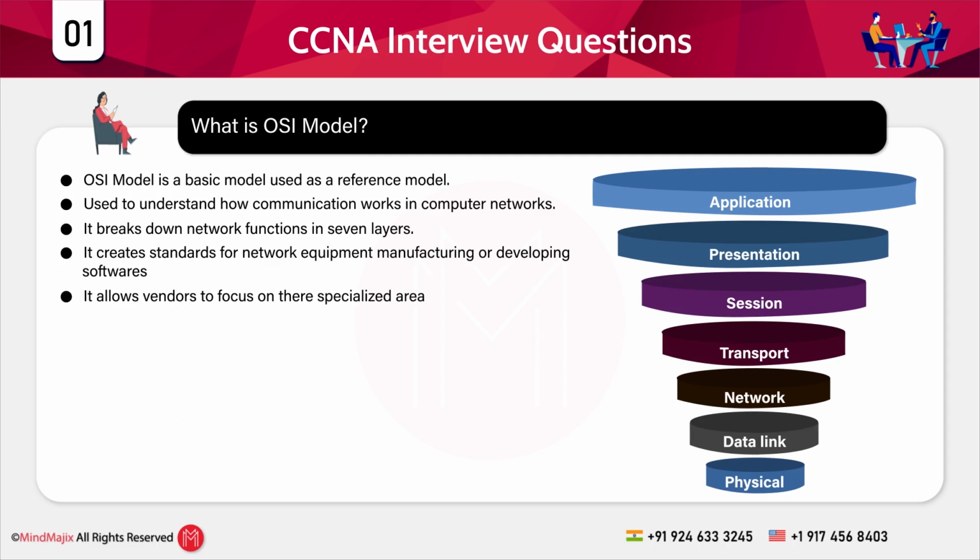The first thing that is important about the OSI model is that it is a reference model. It is used to understand how communication works in computer networks, and it breaks down the functions into 7 layers. So you can see these 7 layers are there, and furthermore it creates a standard for network equipment